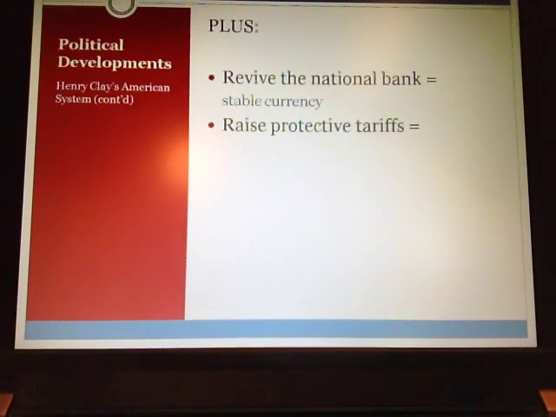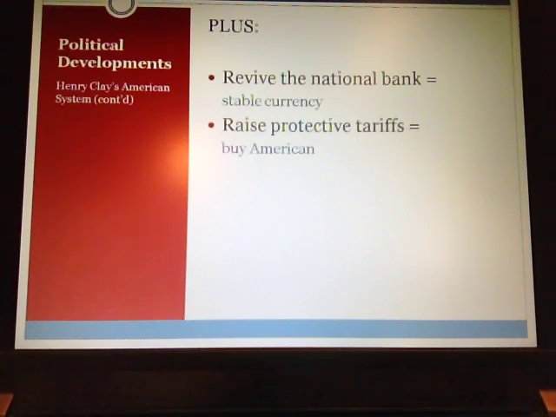The second thing we need to do is tax foreign goods. That's called a protective tariff. If we tax foreign goods, that'll make British goods more expensive, and it will force the Southerners to quit cheating on the North and buying British goods. Okay? So it will force them to buy American. So Henry Clay knows this infidelity that the South is engaging in with the British must stop, and one way to force it to stop is to make it too expensive to buy the British goods to start with.